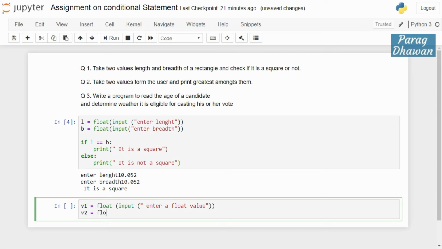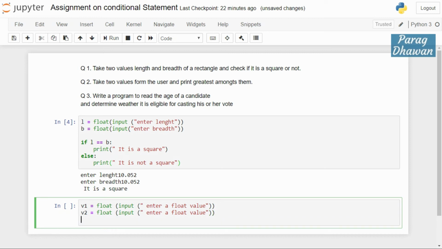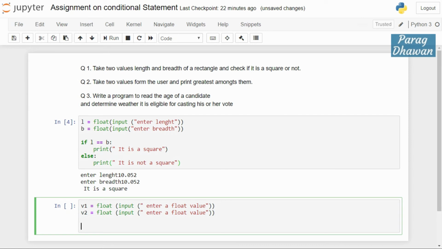V2 is equal to float input, enter a float value. User will enter the second value and it will be stored in V2. We have to compare if V1 is greater than V2. Condition will be checked whether V1 is greater than V2. Then we print